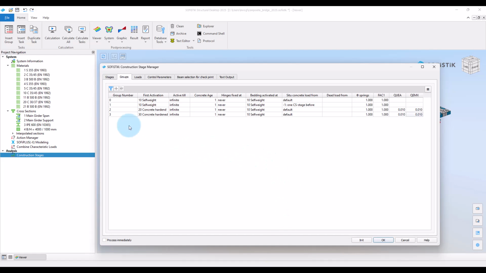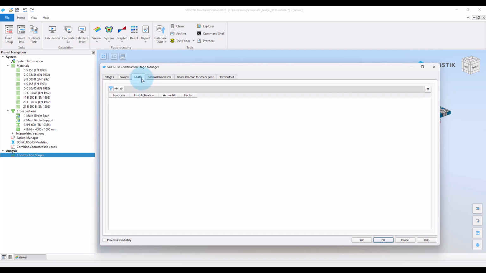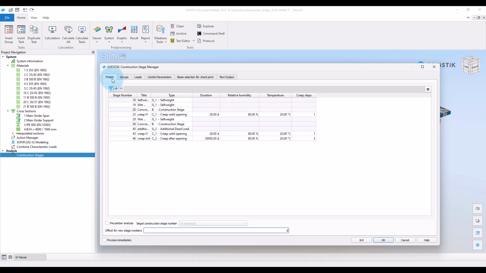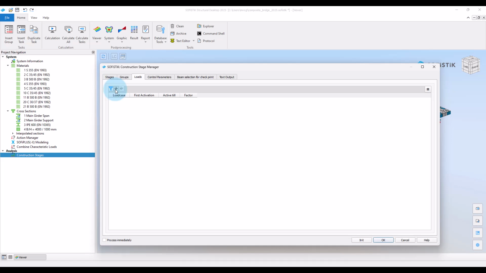Now we can define additional loads that should be applied in construction stages. As you might remember, we want to have some additional dead load that we also already defined in construction stage 40. So now to get this, I first select a load case to get the loads.